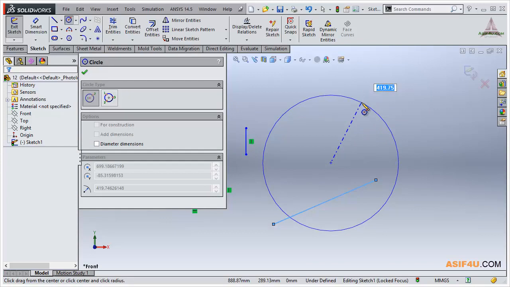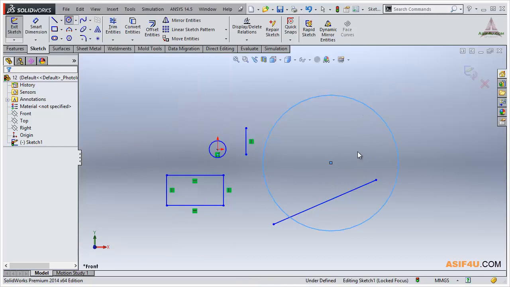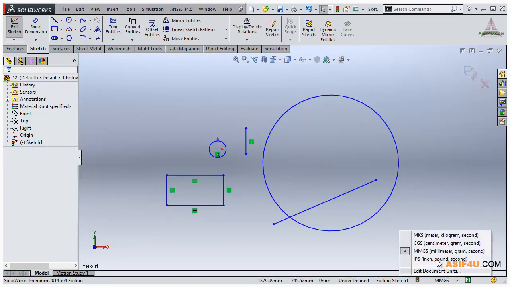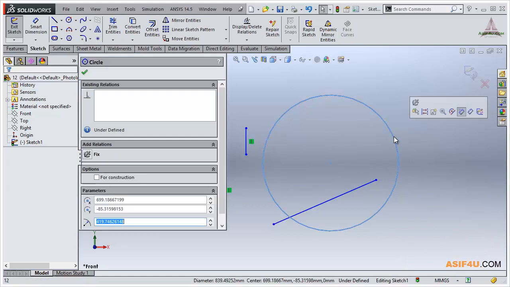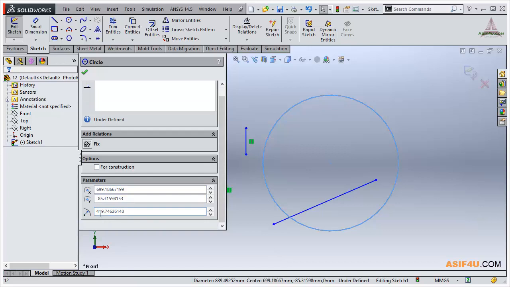This number is a rough idea that you can get. Suppose it is 419 something. It will show this number based on my unit set. I set my unit to millimeter. You can see from here, this is the millimeter. That means for this thing, if I select this from the property manager, I can see this is 419